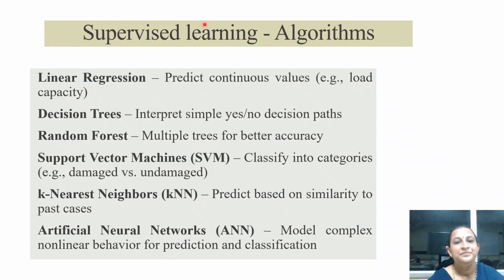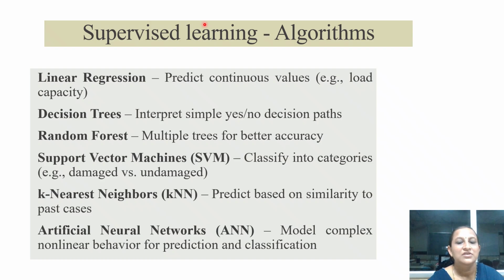reduce the error. Support vector machine is mainly used for classification tasks, such as whether a structure is damaged or undamaged. That can be done easily with the help of support vector machine. And k-nearest neighbor is mainly used to predict results by comparing new cases with similar past cases or